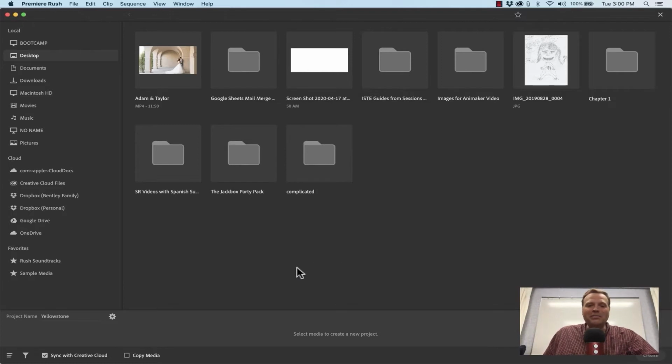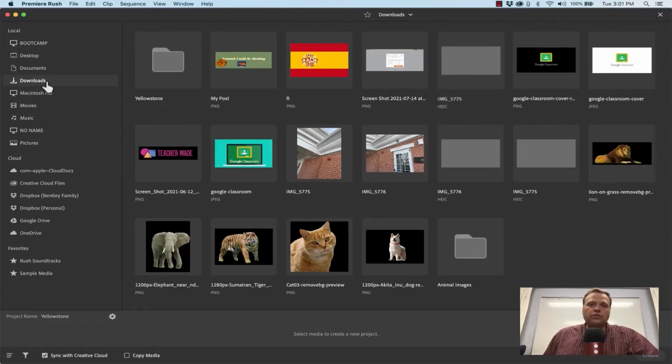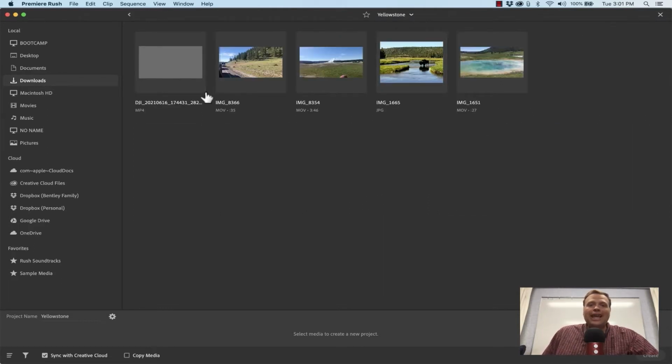The next step is to select media to create a new project. By default, Adobe Rush is looking at my desktop trying to find media that I might want to use in my project. But I've downloaded some videos to my Downloads folder, and those are the ones I want to use. Here's the folder with the media I want to use, so I'll just double click on that, and it brings up one image and 4 videos that I've selected, and I'm going to use these to make my Adobe Rush